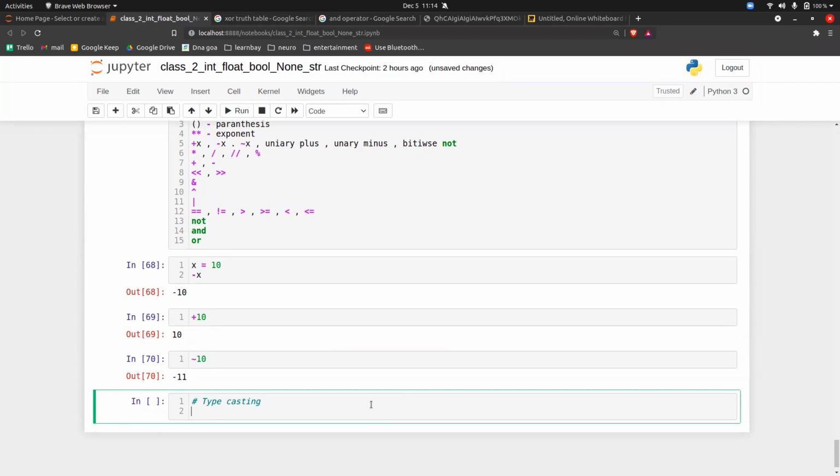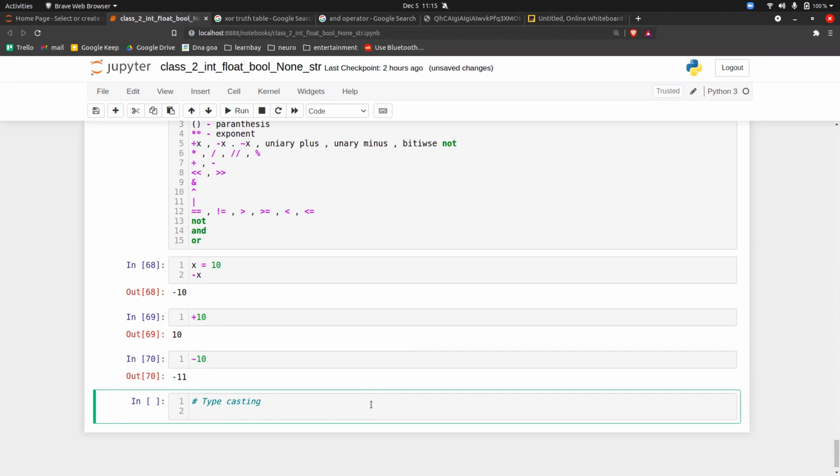Okay, so as the name suggests, typecasting is changing from one data type to another. For example, if you want to convert an integer into float, or float into integer, or integer to a string,